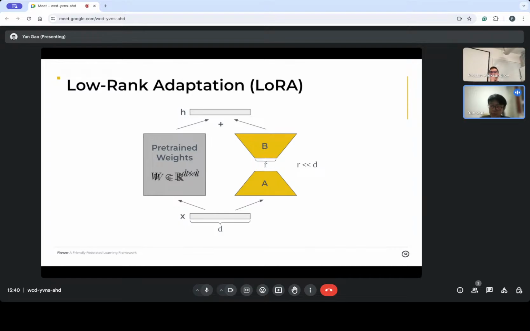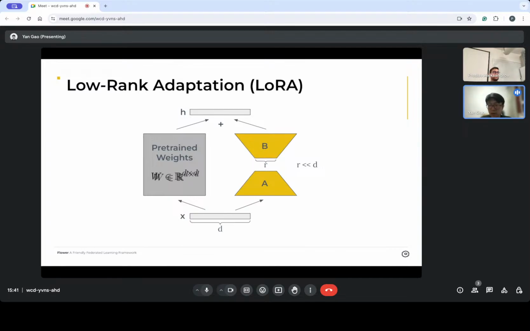So how does it work exactly? Take this example: we have an input vector, let's say with d dimensions, which passes into the original pre-trained network with weights of d times d dimensions.